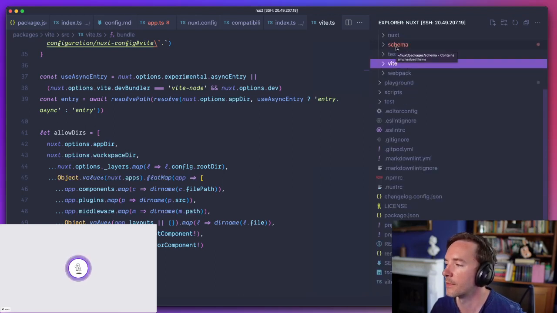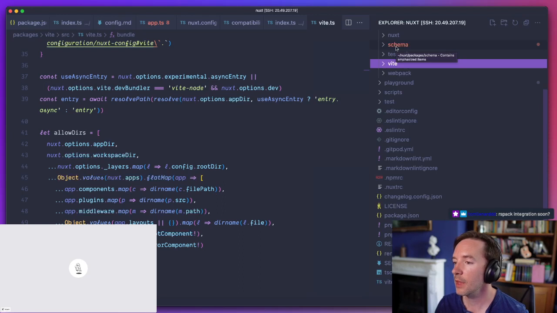A question: why does Nuxt support both Vite and Webpack? That was originally because Nuxt 2 was Webpack based. So initially we were thinking in the upgrade, hey, we migrate to Webpack 5. And so we did that. We were working on Nuxt 3, working with Webpack 5, which also has some features similar to Vite. For example, it has lazy compilation and a lot of very cool things.